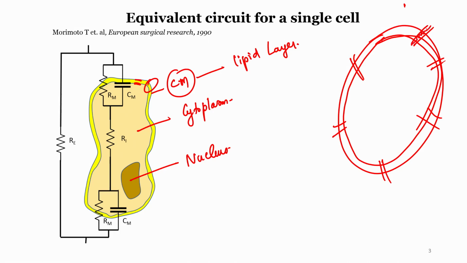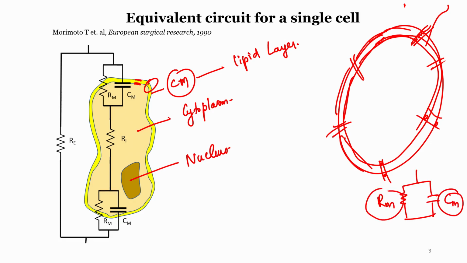They will be like a low resistance path for an electric current to come through, because in all other places it is just like a capacitance. In some places there is a direct path, but it is not a direct path like a short, but it is a sufficiently resistive path. That is why you can model the cell membrane as a parallel combination of a resistor and a capacitor. You can name it as CM and RM, membrane capacitance and membrane resistance.